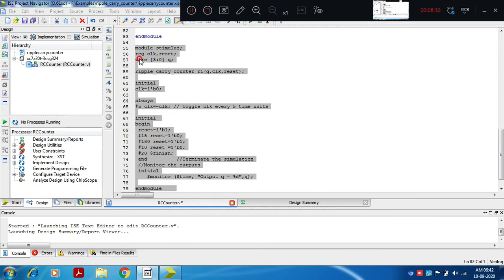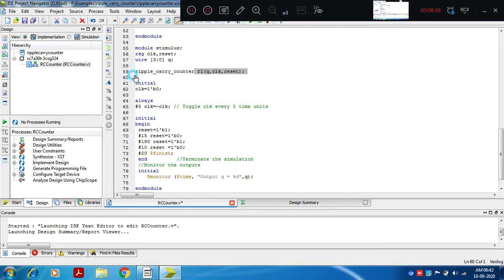We have typed code for the stimulus or test bench for the top code. The name selected for the top level code is RC counter, so we change it to RC counter. The instance name is R1, with Q, clock, reset. Q we have defined as a wire. A very important concept is that we are using the RC counter as a component in the test bench.